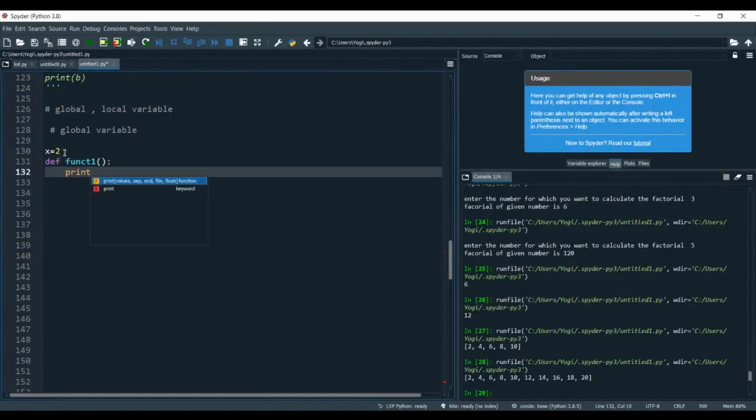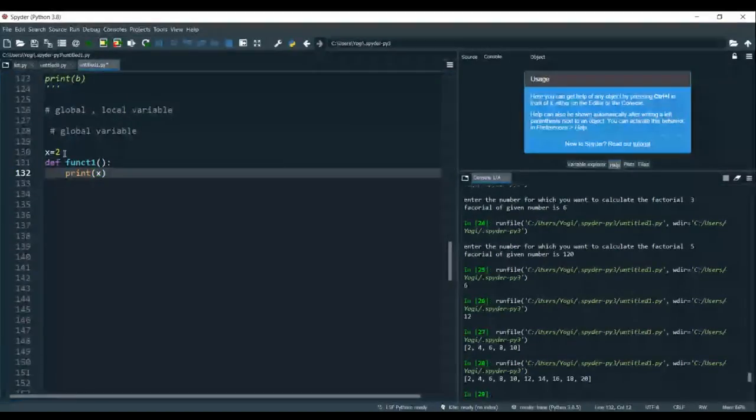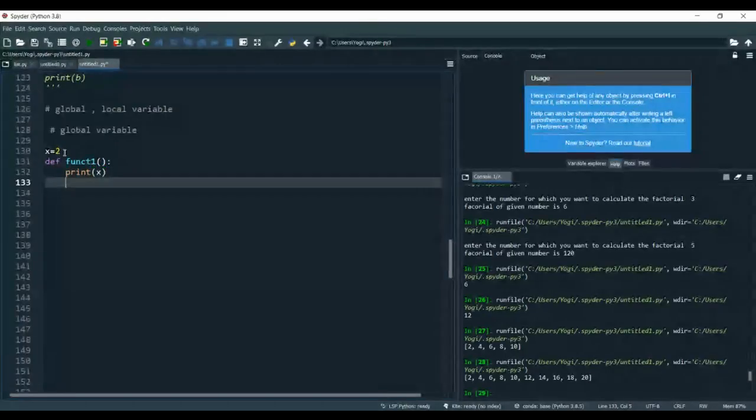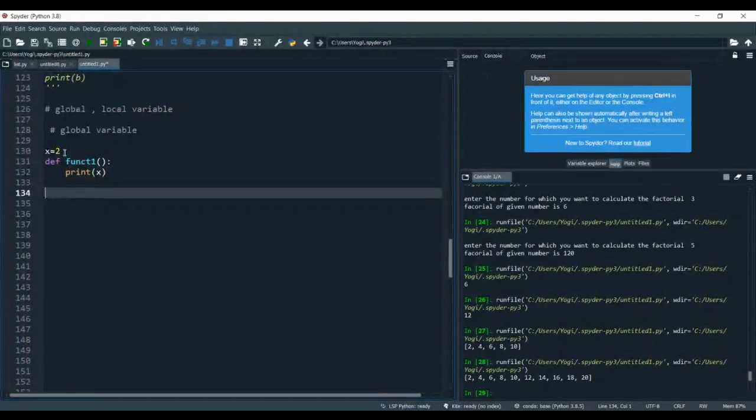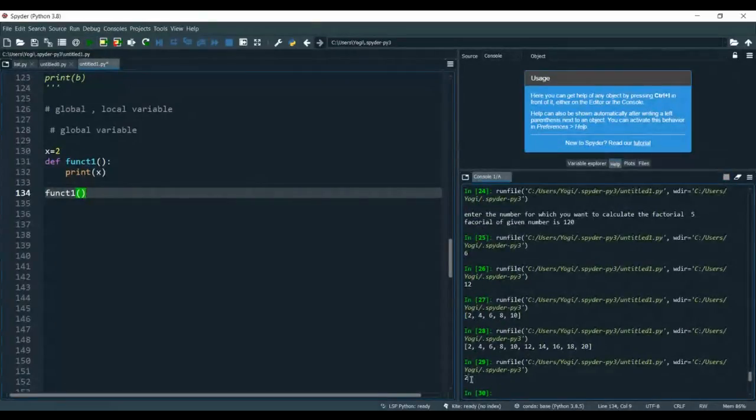I'm just printing x, and after that I'm calling the function funct1. So see, I can access x inside the function, right?